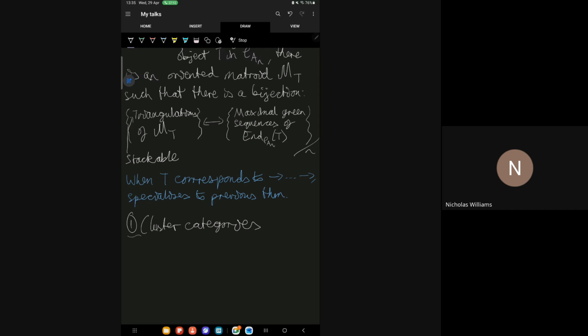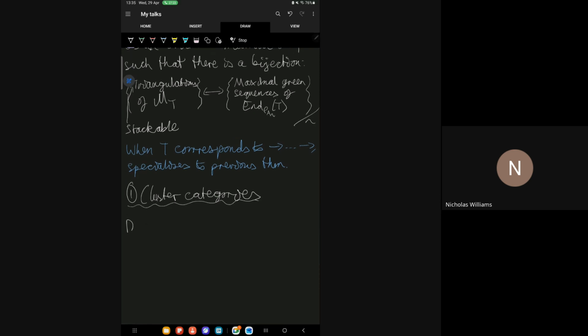So I defined these earlier, but I didn't yet tell you what a cluster tilting object is. So let me do that now. These are defined by Buan-Marsh, Reiten-Reiten, and Todorov. So an object T in the cluster category CQ is said to be cluster tilting